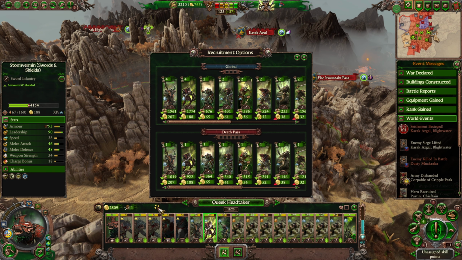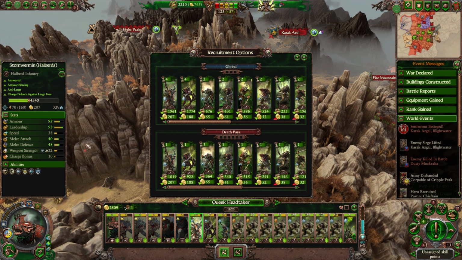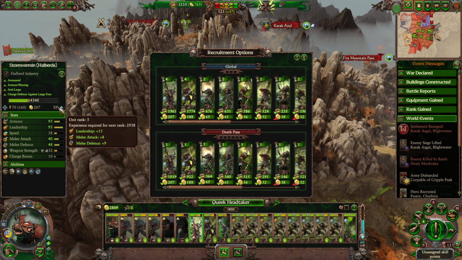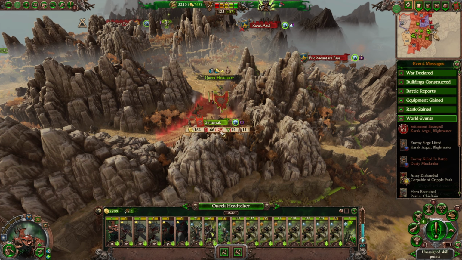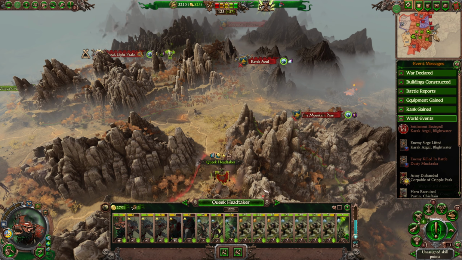Yeah, and look at this. These Storm Vermin are at rank 4 and rank 5 respectively. Look how much higher their leadership is because of the mod, which is really, really cool. So it takes forever to get them to high levels, but it really pays off if you can keep them alive for that. All right, let's merge